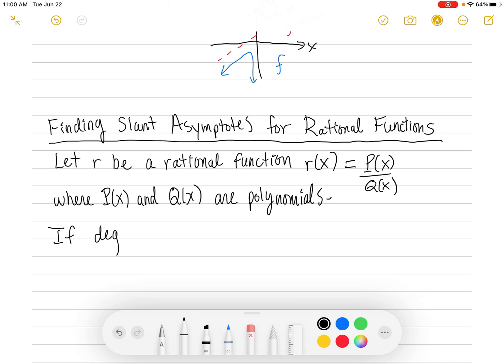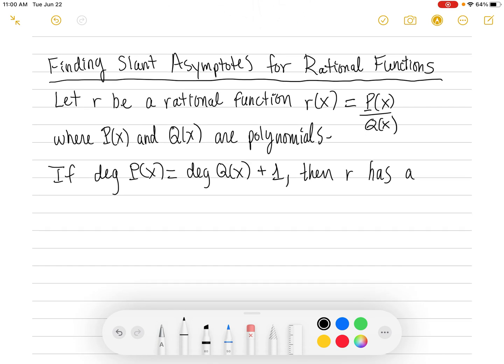Okay, so we just have a rational function so far. If the degree of P of x is equal to the degree of Q of x plus 1, what that's saying is the degree of P of x is 1 more than the degree of Q of x. So that means on top the degree is larger by just 1,